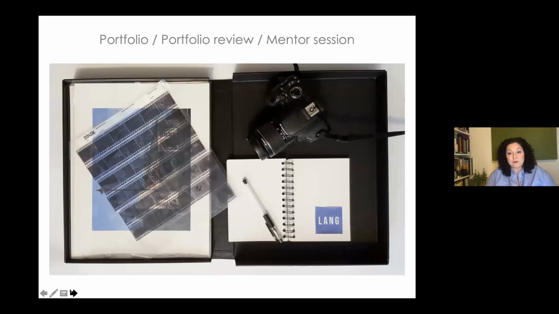Now, I do a lot of portfolio reviews. I do one-to-one sessions through Lang, where I have an hour-long session or a mentor session, which often goes on for some time. Sometimes I'll do one once a month with somebody, or we do a lot of sessions over the course of a year. It varies from person to person and what they need. But a lot of the time, photographers have to do portfolio reviews for 20 minutes. So they go to festivals and it's quite a lot of pressure.